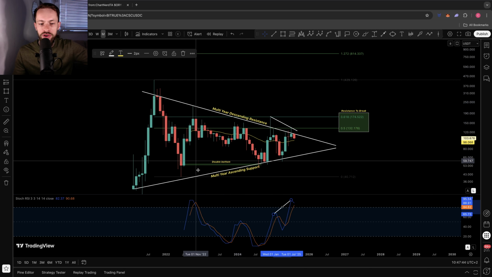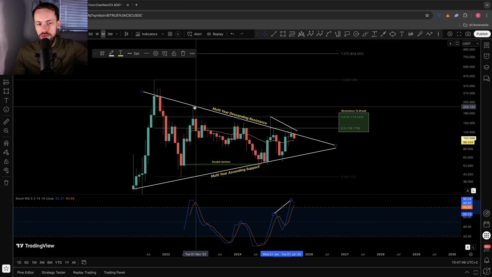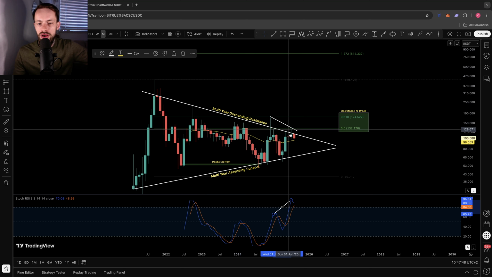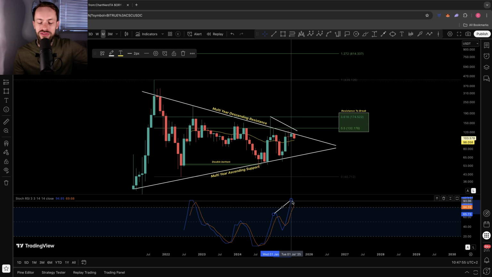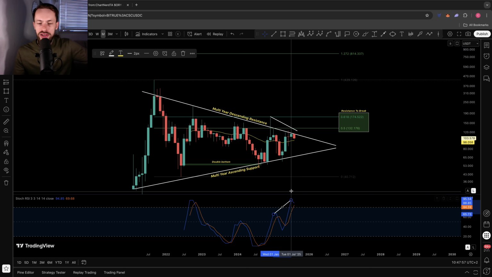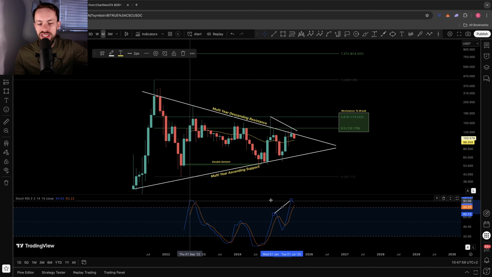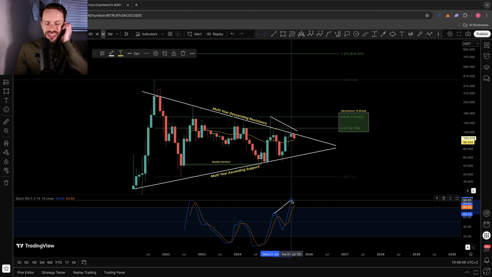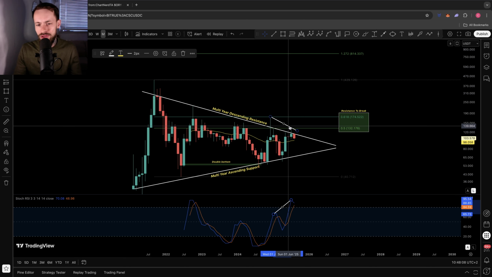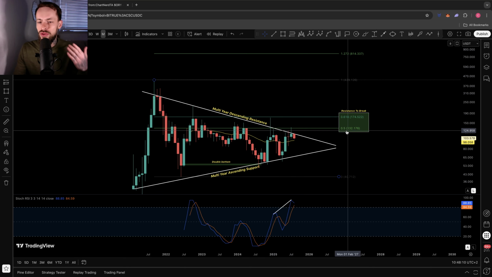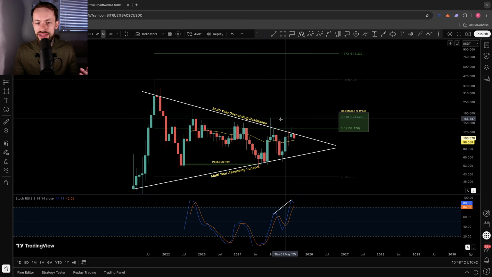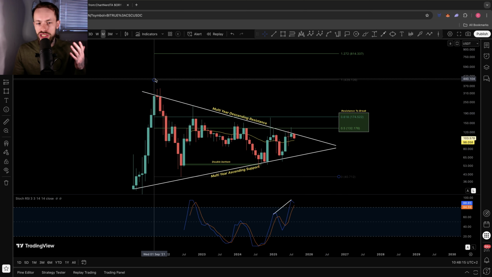So fast forward from 2022, when we were at resistance on the triangle here, all the way to where we are now in July 2025, you can see we're again at the triangle resistance and back at levels of 95 in the stock RSI. So there is a bit of a bearish divergence here. We are on the monthly at these higher overbought levels in the RSI, but nonetheless, what we're looking at is the 0.50 and the 0.618 that we essentially need to break to start pushing to the all-time highs.